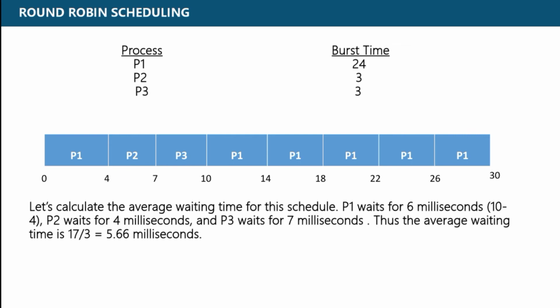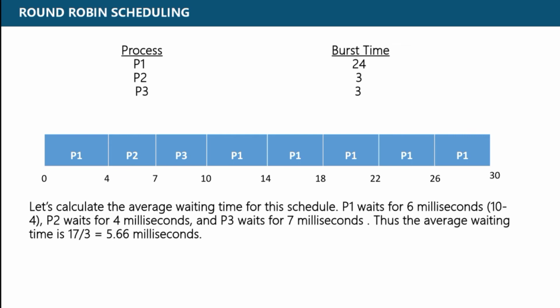So 10 minus 4 for P1, P2 waits for 4 milliseconds, and P3 waits for 7 milliseconds, so 3 plus 4 is 7 milliseconds for P3. Thus, the average waiting time for this is 17 divided by 3,